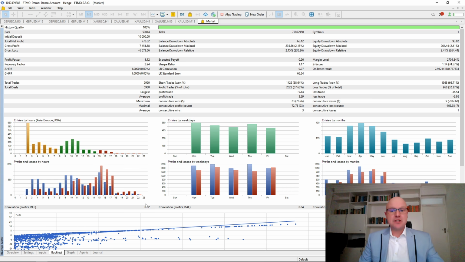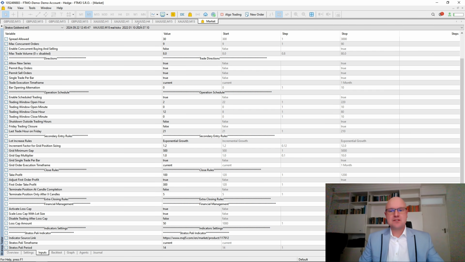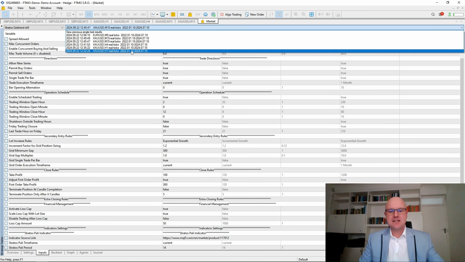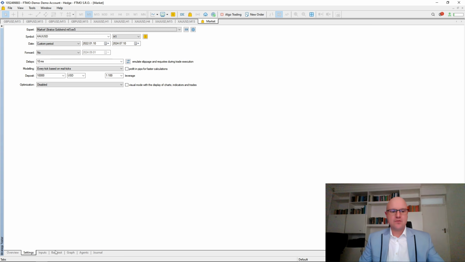with a really low equity drawdown of only $264.44. So we do have the fact that it trades a lot, and this is an aggressive strategy with over 2,900 trades. The profit factor is slightly on the low side, so it's going to be interesting to see how the strategy will perform live in the market. Now this is opposite to if you use the default settings, where inevitably it will blow the account.